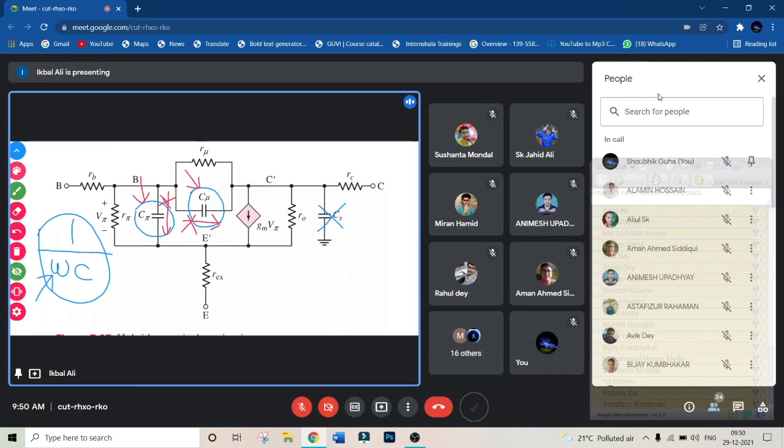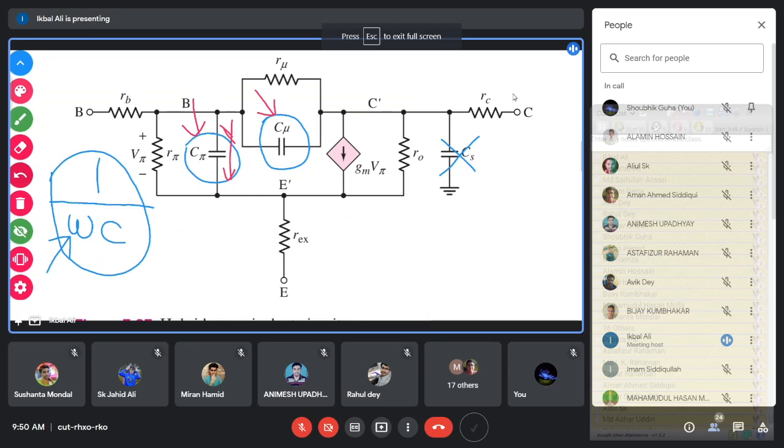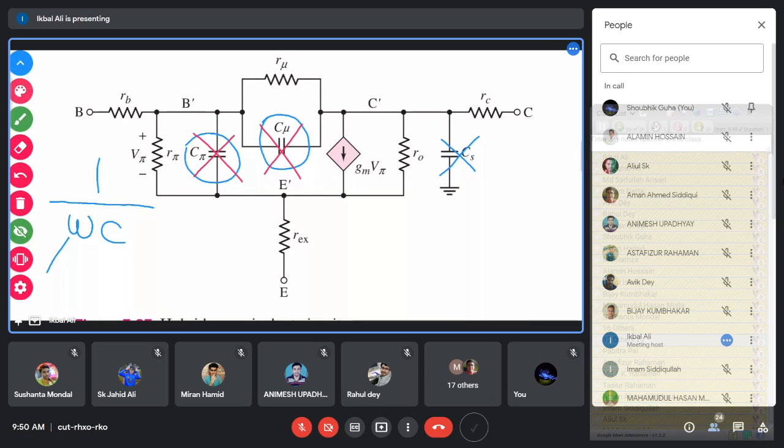These two capacitors will not allow any current. So if the capacitor does not allow any current, then what will happen? It is as if these two capacitors are not present in the circuit, so they are not functioning as a circuit element because they are not conducting any current. They will not allow any current, so they do not take part in the circuit operation,